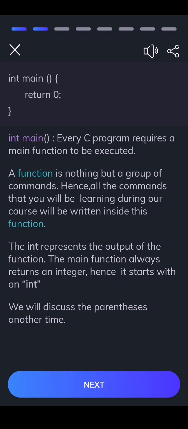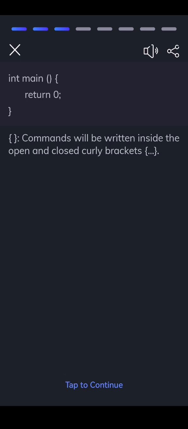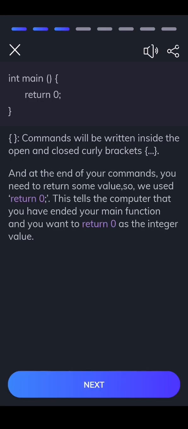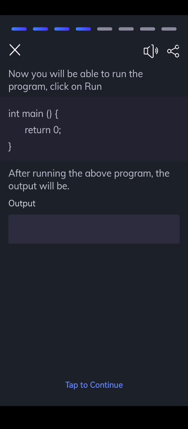We will discuss the parentheses another time. Commands will be written inside the open and closed curly brackets. And at the end of your commands, you need to return some value, so we used return 0. This tells the computer that you have ended your main function and you want to return 0 as the integer value. Now you will be able to run the program. Click on Run. After running the above program, the output will be